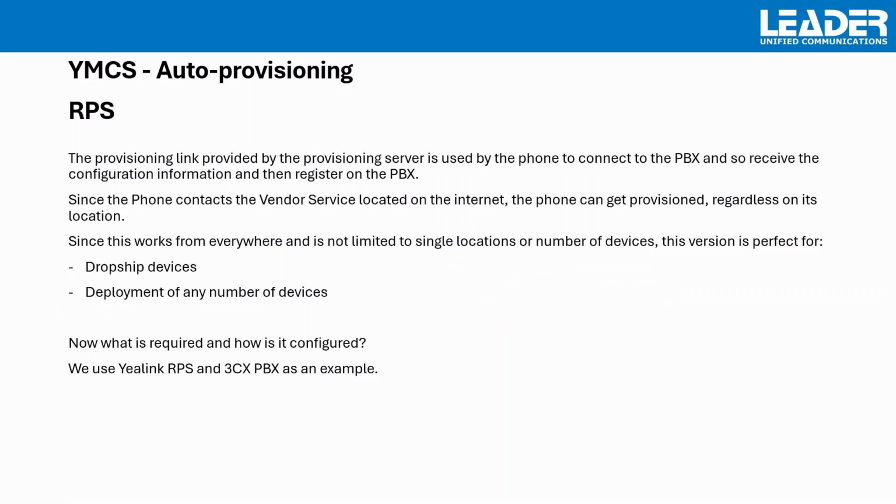The provisioning link provided by the provisioning server is used by the phone to connect to the PBX and so receive the configuration information and then register on the PBX. Since the phone contacts the vendor service located on the internet, the phone can get provisioned regardless of its location. However, there might be some route configurations, these kinds of things that interfere with those